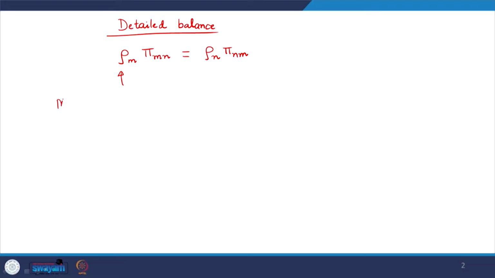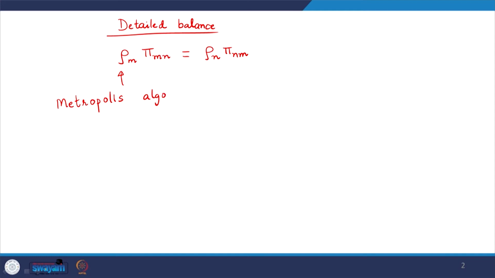So clearly, as I was telling you, there are multiple ways in which we can pick this. As long as this condition is valid, we can rest assured that the Monte Carlo will work. Whether it is going to be efficient or not will depend on the choice of pi, but this condition should be met. If this is not met, at least the weaker condition that we discussed should be met. Okay. So let's start with one of the original prescriptions by the scientist named Metropolis.